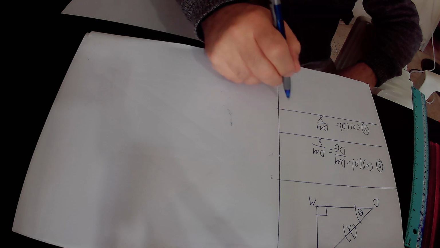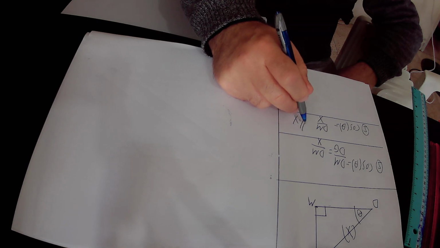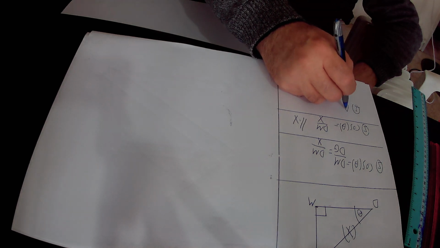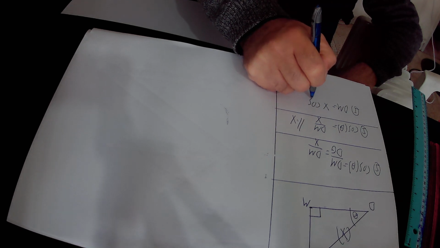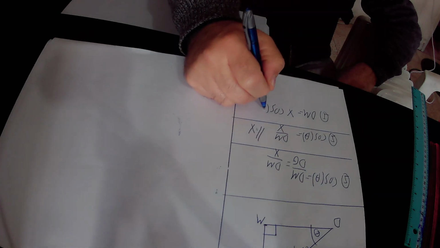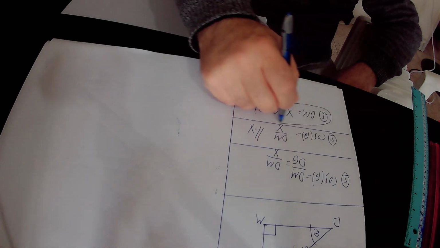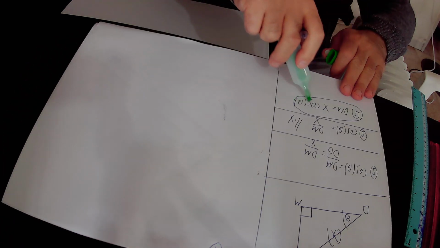So here we multiply this equation 1 by x, and finally get that according to equation 1, DM equals x times cosine theta. Again, according to equation 1, DM equals x times cosine theta. In the next step,